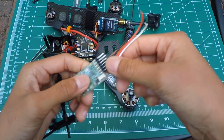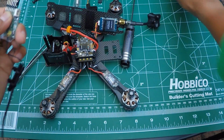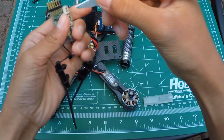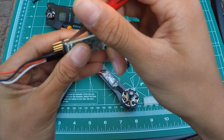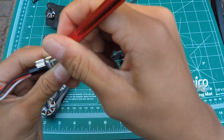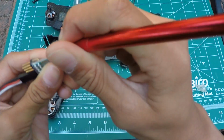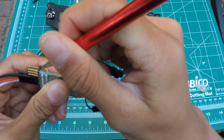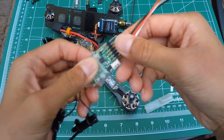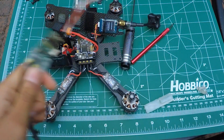So right now you need to cut the heat shrink off, because we're going to be desoldering the pins off of the X4R. So just make sure, go on the side, go carefully and slowly. Try not to cut yourself or destroy the X4R. Alrighty, so I managed to take off the heat shrink. As you can see, I didn't rip the whole thing off, and that's because